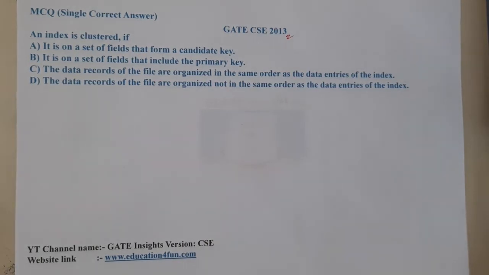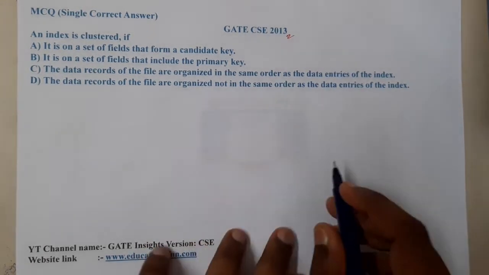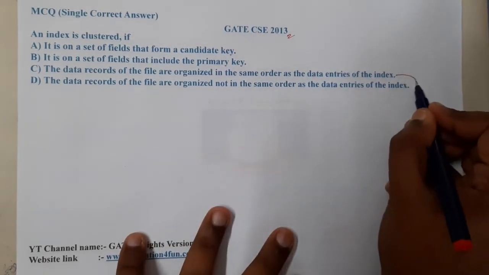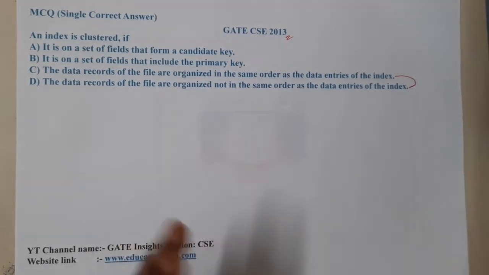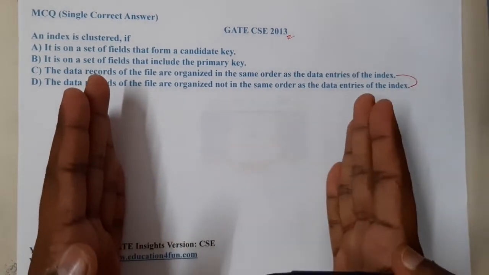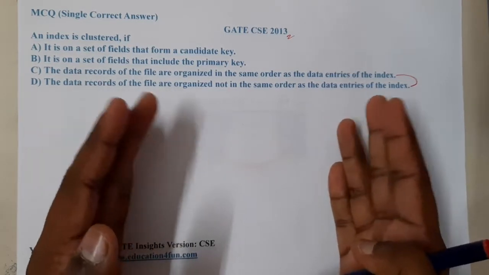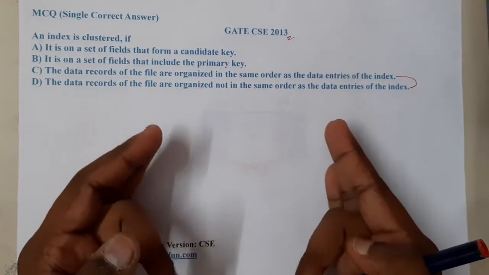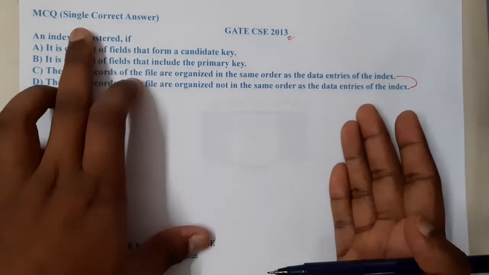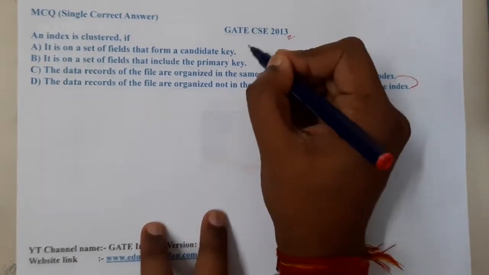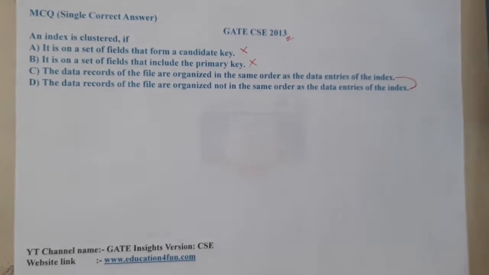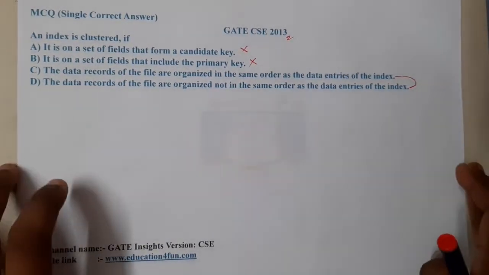In this question, I think we can eliminate two options directly. We'll be analyzing them anyway, but with some small logic we can eliminate some options here. To be clear, options C and D are completely opposite to each other. One says I am that, one says I am this. So indirectly, if two things are opposite, any one of them will be 100% true. And as it is a single answer question, options A and B can be eliminated directly from here. Let us recall.